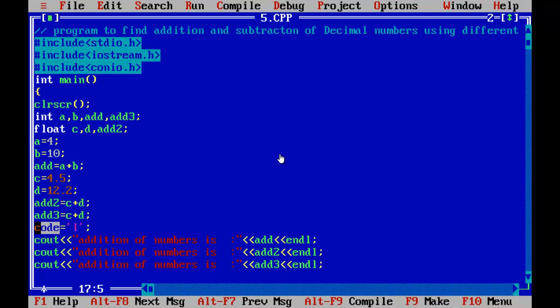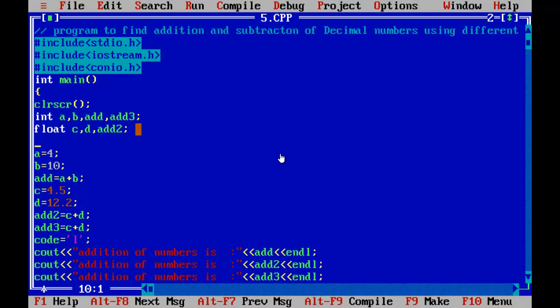So what will be the type of that code? We will declare here char code. Code is of type char, it means it is storing a character. Maximum you can store two characters, but it will print one. For example, we can store